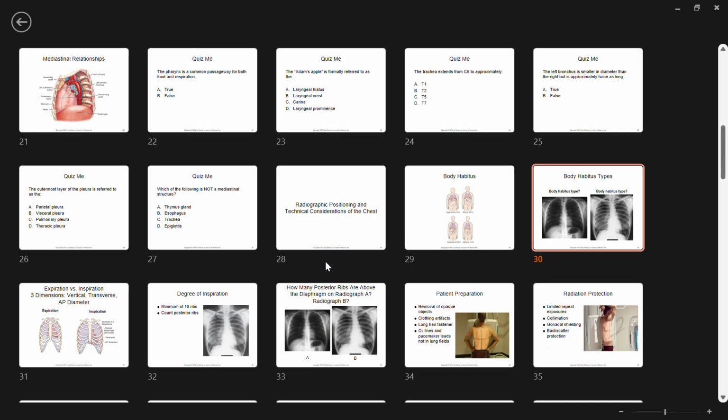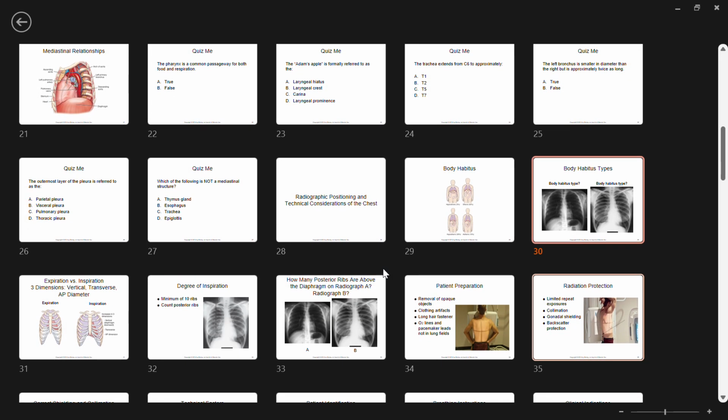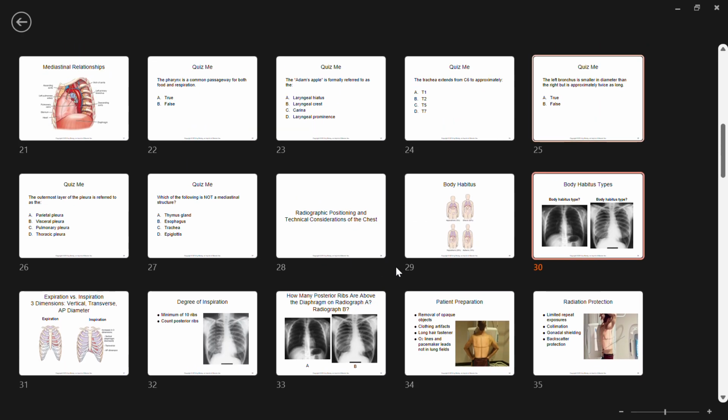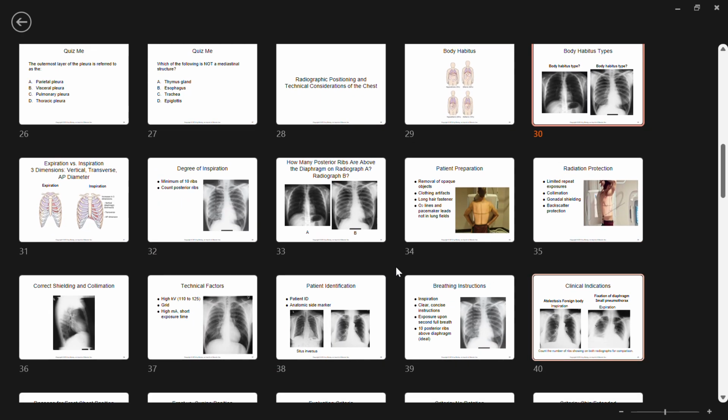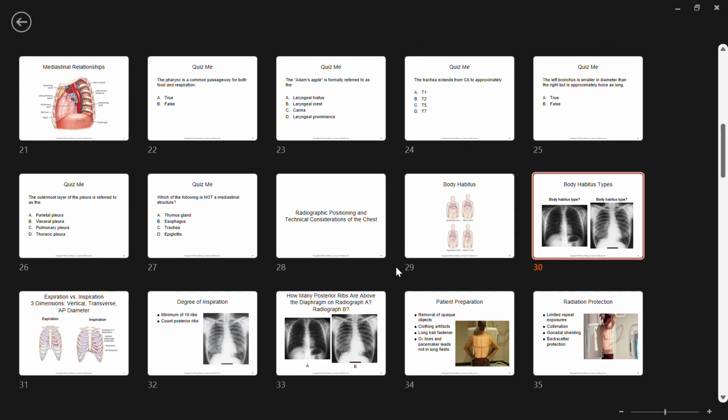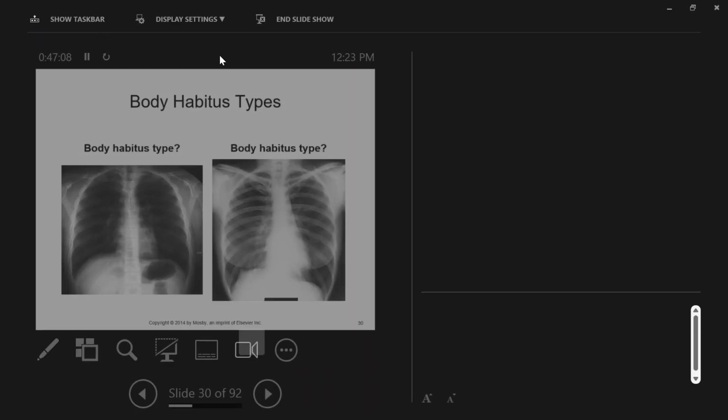Okay, so they will change depending on body shape. That will naturally lead me into next time talking about patient preparation and actually performing the exam, which is our subject for next class, positioning. So we're going to call it a good day, okay? You guys, I encourage you to review this stuff, and I'm going to add on to it next time, okay? I have a little bit more